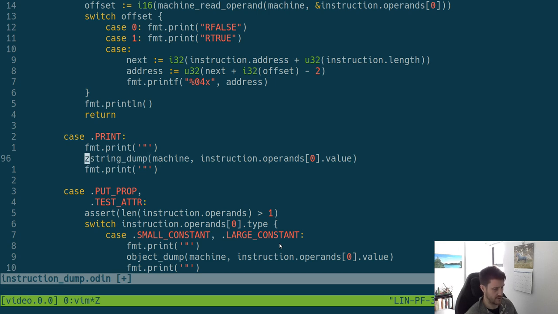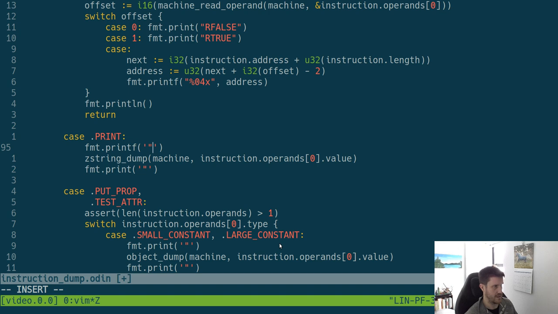Wow, actually, we've just got the z string. So I guess what we can do is make this one line